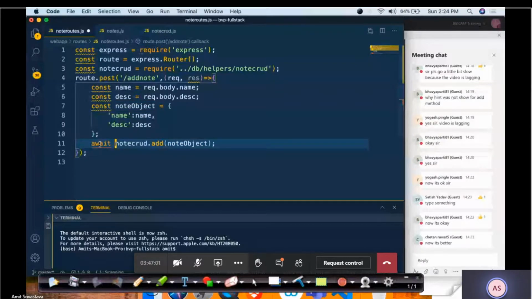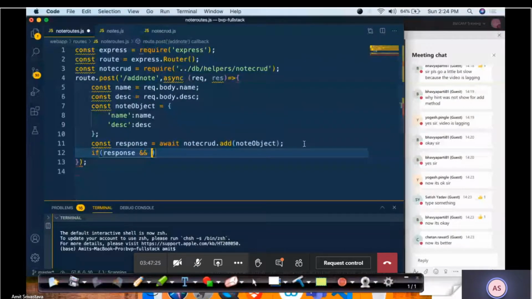So await means it should wait for a response, and you know when we use await, we use something called async. So I specify async, and we'll get some response because we call this thing, so it will give some response back. If the response is there, and the response is correct and there is no issue, so we'll say if response is there, and